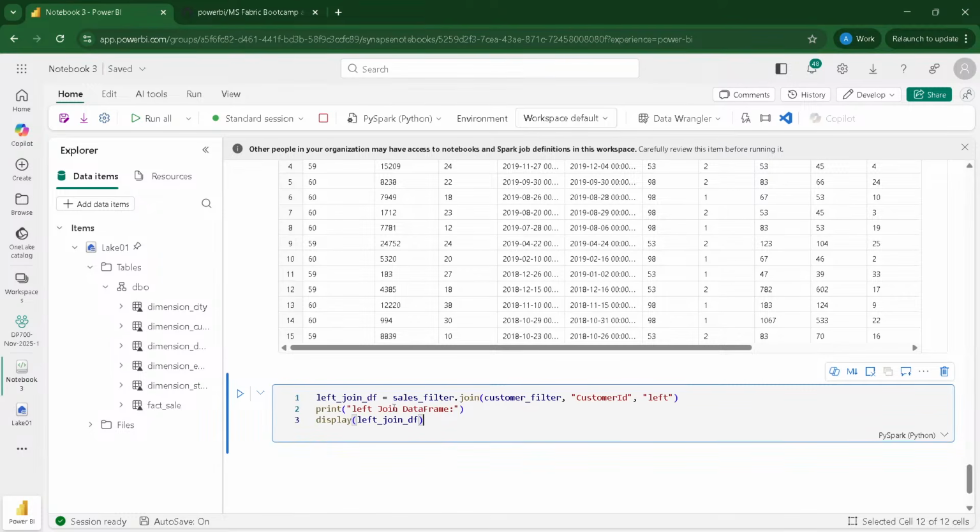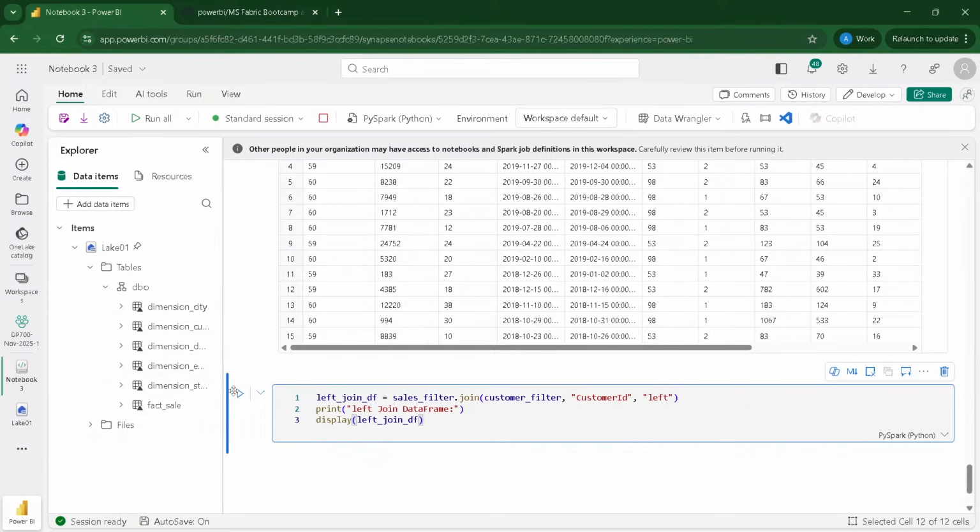What does left join mean for you? First of all, which is the left table? The table for which you are starting this code, sales filter, is going to become the left table. Typically the first table is the left table. The second table after we do the join is going to be the right table. What does left join mean? All the joining data plus the data which is not joining in the left table, for which there is a missing key on the right hand side. So the IDs for which the data is missing even in the customer table, that is also going to come.